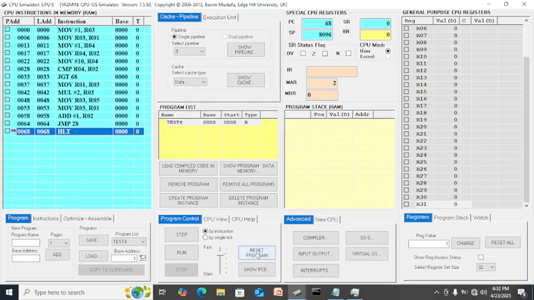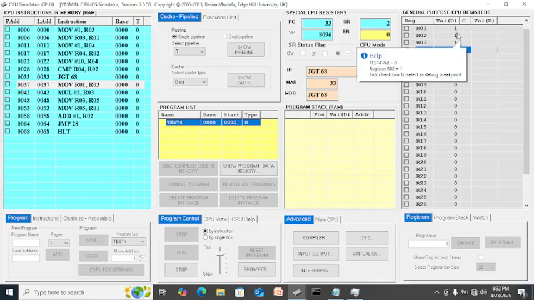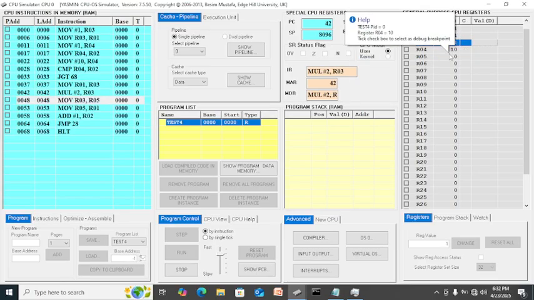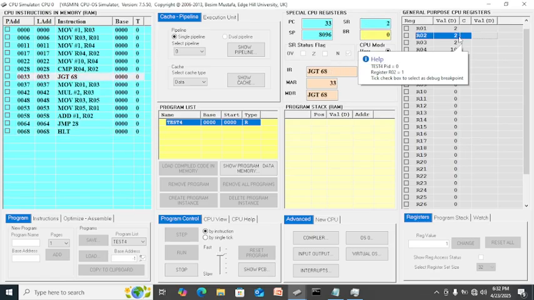Okay, so you reset the program and you can run it. As you can see here, it will add 1 to R02, which becomes 2, then becomes 3. So that is what it does.